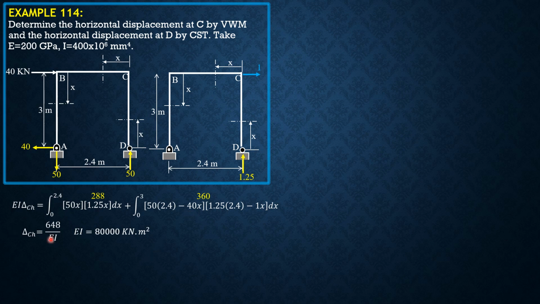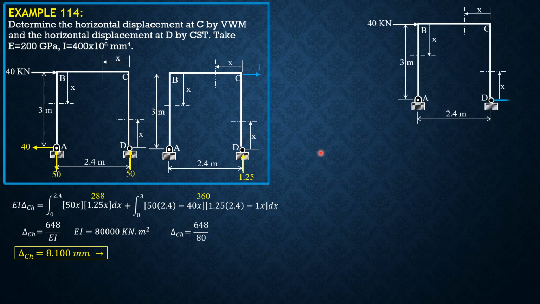So the shortcut is we just divide by 80 to convert this to millimeters. So delta CH is 648 divided by 80. So it is equal to 8.100 mm rightward. Then by Castigliano's second theorem, the horizontal displacement at D, we apply a rightward force P at